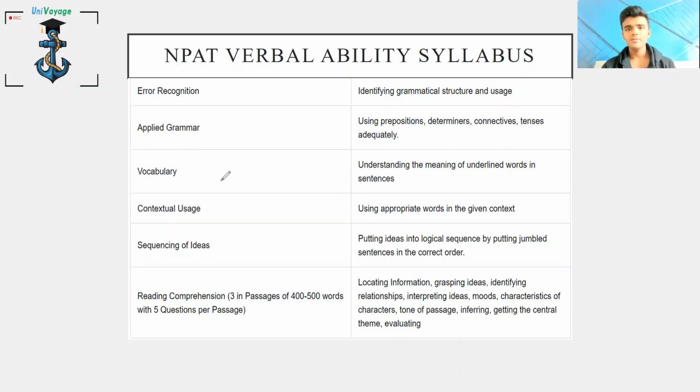And for vocabulary, we've created videos wherein we mainly emphasize reading editorials. Even Professor Siddhant Rastogi, in the interview that we had on the UniVoyage YouTube channel, emphasizes the fact that you should please start reading newspaper editorials. That's the only way that will help you improve your reading skills and your vocab. Then we have